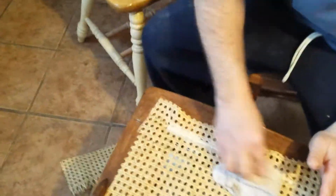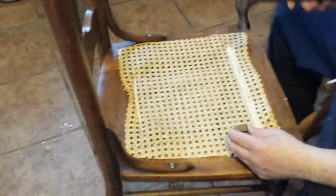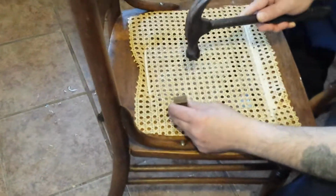Now, normally I wouldn't do it quite like that yet. I'd go all the way around the chair, but like I said, I don't have all my little wedges here. So at this point, I'm gonna come over here and I'm gonna